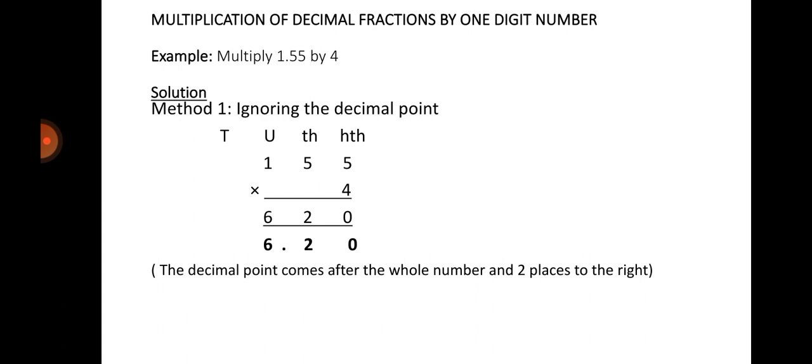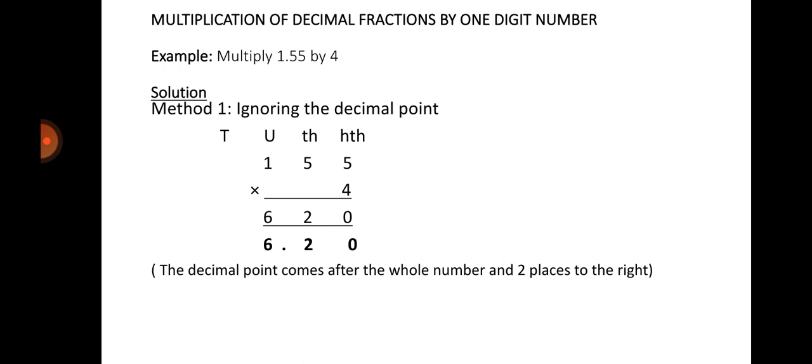Now, we have different methods. Number one, the first method: let's do it by ignoring the decimal point, because some people find it difficult to multiply with a decimal point. They will not know where to place it. So pretend as if there is no decimal point. Make it 155 multiplied by 4. It will give you 620. Then the decimal point goes after the first digit, which is the whole number. Instead of 620, your answer becomes 6.20,